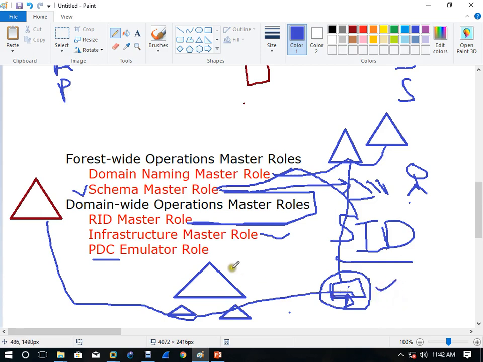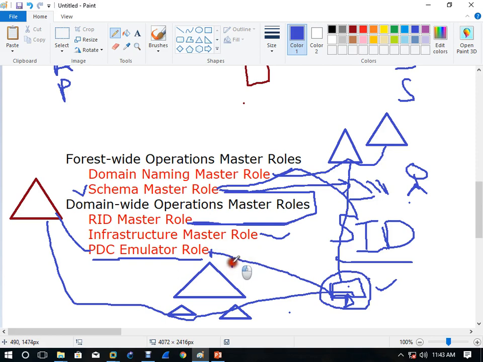So when he changes the password, who is responsible for replicating? The PDC emulator is responsible for replication. So the password change will go to this, and from here it will go to the domain database. Okay, understood? See, when you pay the fees, do you pay the fees directly to the boss? No, you pay the fees to someone, and then the fees go to the boss. Same process: when you change your password, he is responsible for accepting your password. And if you have no password changing authentication, this is the one taking control of password changing.